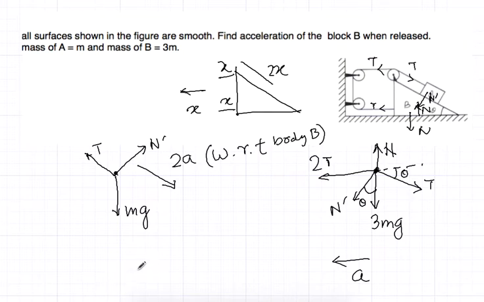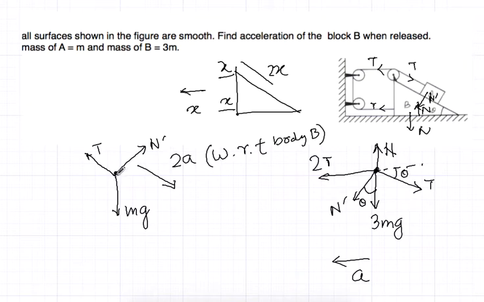Okay, that we have to be very clear about. From the inertial frame, this body is moving in this direction with an acceleration a. In the non-inertial frame, that means suppose you are standing on this wedge, what you can see is this body going down by 2a. Now since we are observing this body with respect to a non-inertial frame, what we have to include? We have to include a pseudo force. Now how does the pseudo force act? It's just opposite to the direction of the frame. This body is moving in this direction, so the pseudo force will act in this direction.